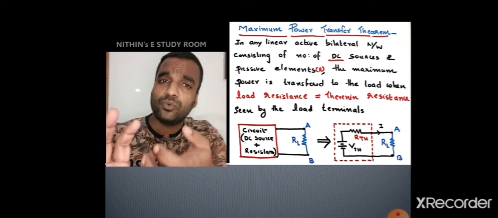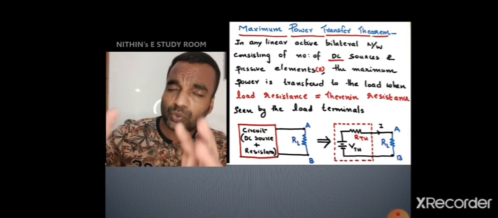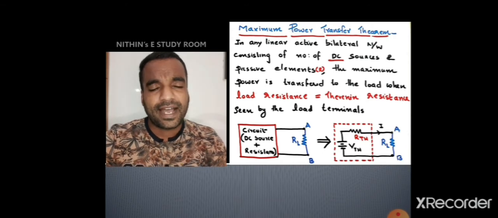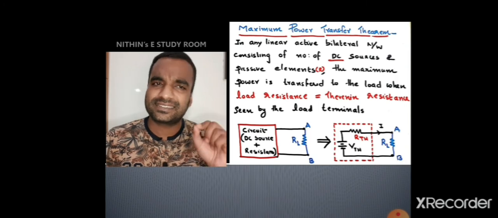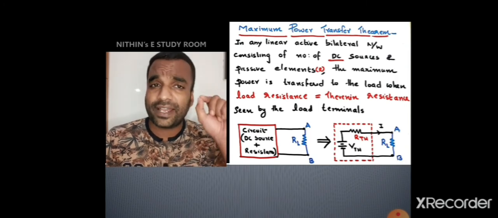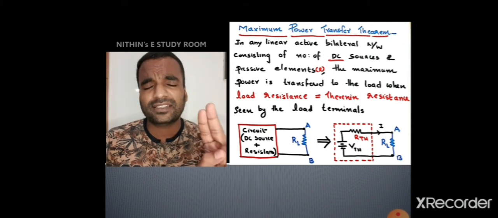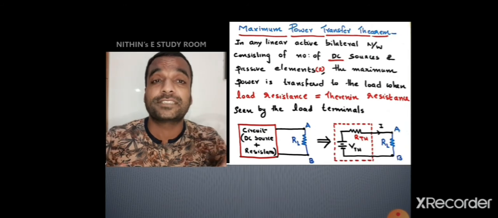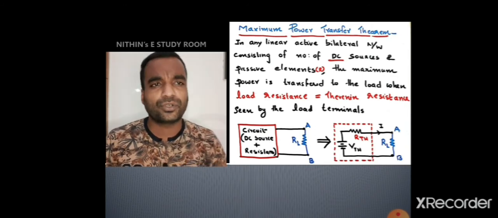So how can you find the Thevenin resistance of the circuit? You have to remove the load and look back into the circuit through the open circuited terminals. At that time, you will get some equivalent resistance. That resistance is the Thevenin resistance. And for finding that, what was the second step? For finding the Thevenin resistance or any other equivalent resistance, you have to suppress the sources, keeping their internal resistance. So I hope everybody knows that.